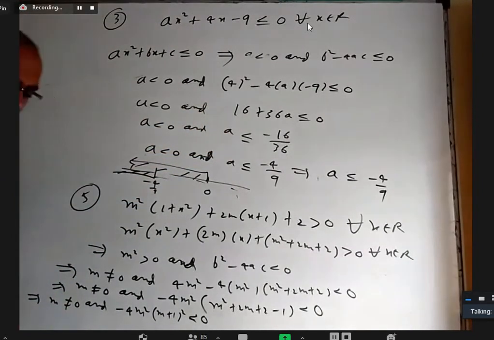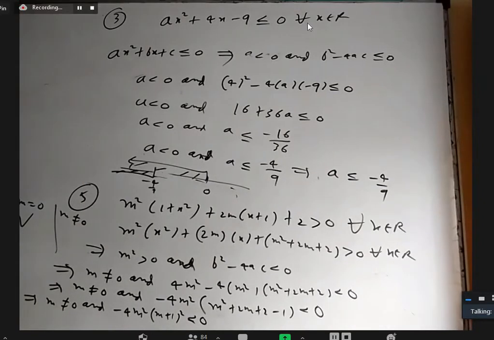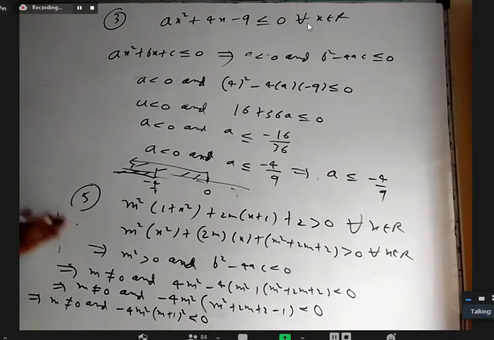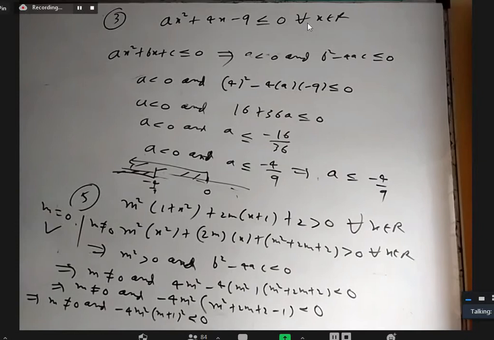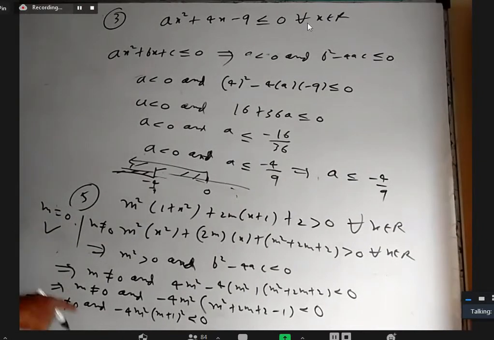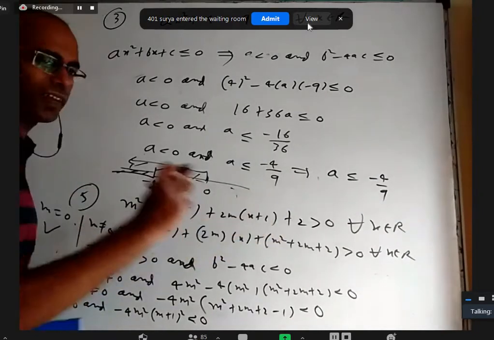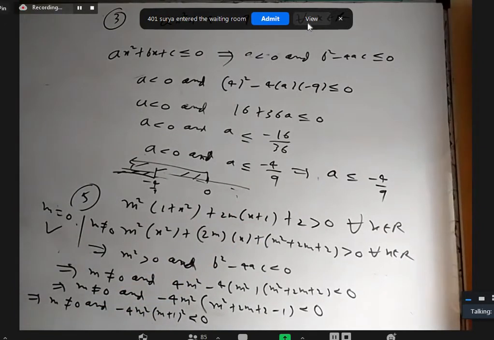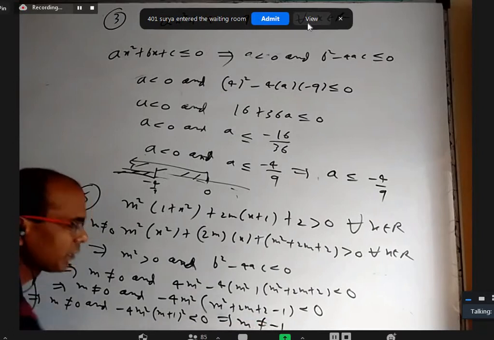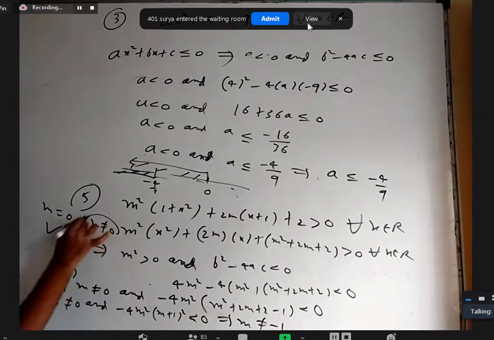But that has to be separated. Okay, that is m equal to 0 is fine, and m not equal to 0, we are doing all these things. M equal to 0 is fine already, as I explained, because of 0 into x square. So only thing is that m should not be minus 1, because when m is minus 1 and you put it, this will come exactly perfect square. It will not be greater than 0, it will be greater than or equal to 0 because of that minus 1. So from this you can say m should not be minus 1. But m equal to 0 is okay here already. Here you don't have to write this m not equal to 0, because our case is only m not equal to 0.